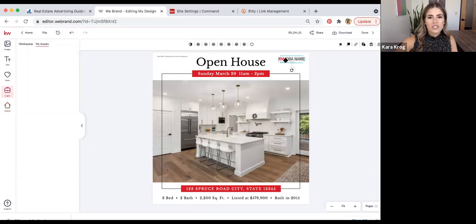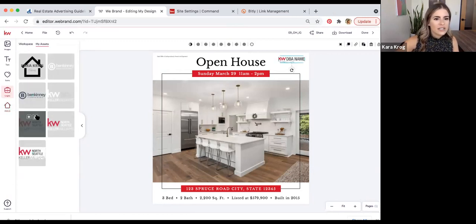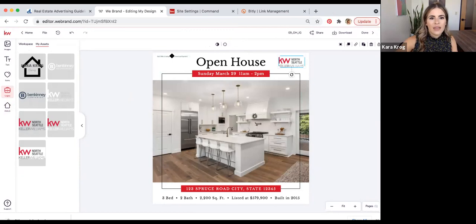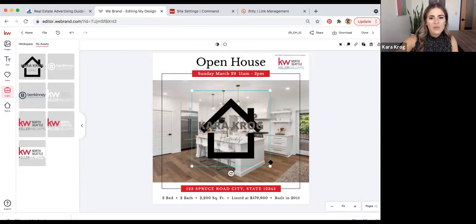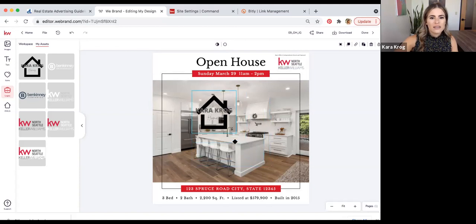So we're going to switch this DBA logo over here, and I'm going to move this over here. This just says each office is independently owned and operated. That is something that Keller Williams requires that you put on all of your marketing materials. And then I'll put my logo on the other side. Now I kind of wish I had done it in red. That would have looked better. Cool, look at that.